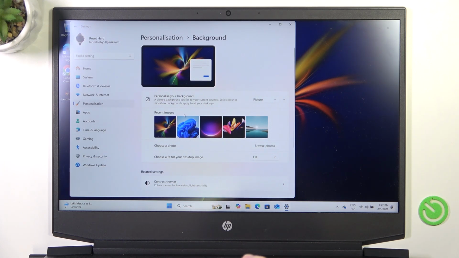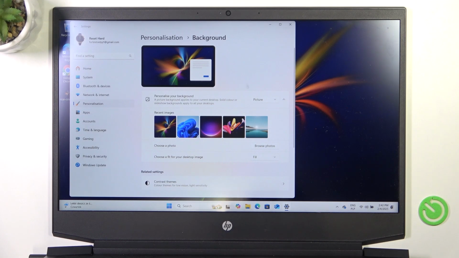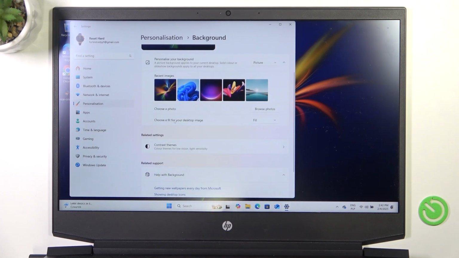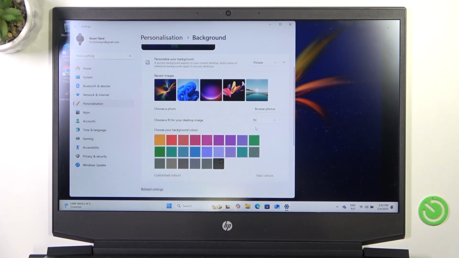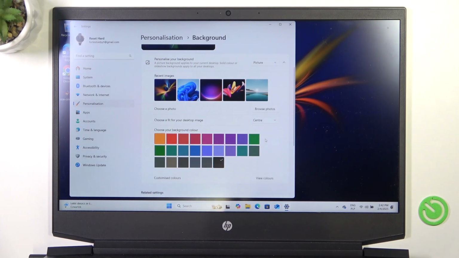And the picture, you can choose from recent pictures or choose a photo from your disk. We've already done that, so okay. And you can also choose a fit for your desktop image, because some images come in formats that you can see when I set it to fit, it'll look a bit different. When I set it to stretch, it will be stretched. So it just depends on the format of the picture. I'm gonna click on fill,